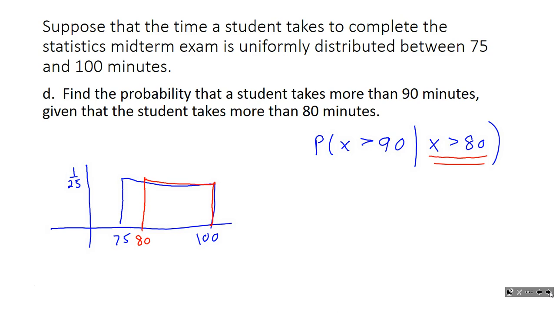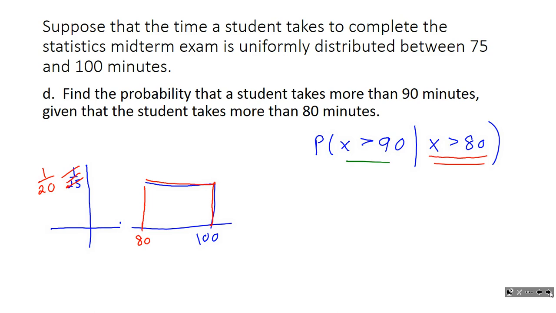Now, if that's the region we're looking at, notice our height would no longer be 1 over 25. Because what's the base of this red rectangle? From 80 to 100 is 20. So the height would be the reciprocal of that, or 1/20th. So when you do a conditional probability, you're sort of rephrasing the original problem. Now that we've done that, and why don't I actually go and erase this part here so we don't even think about it anymore. When we look back at this problem now,